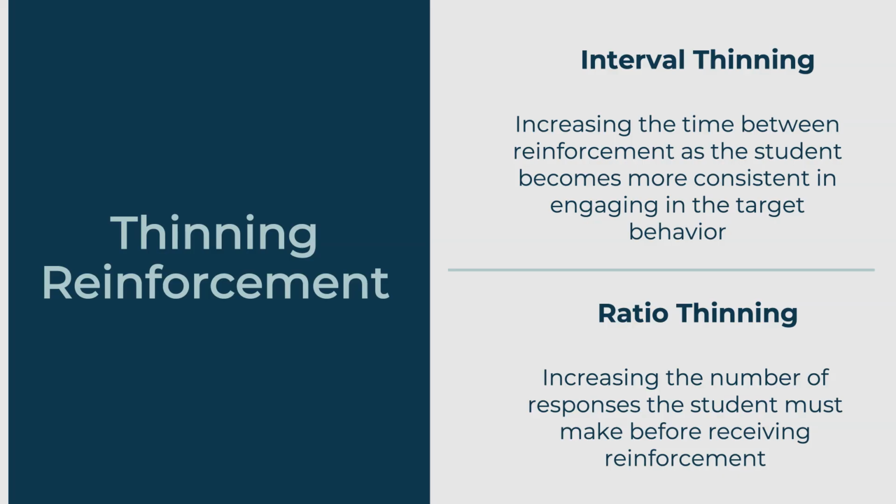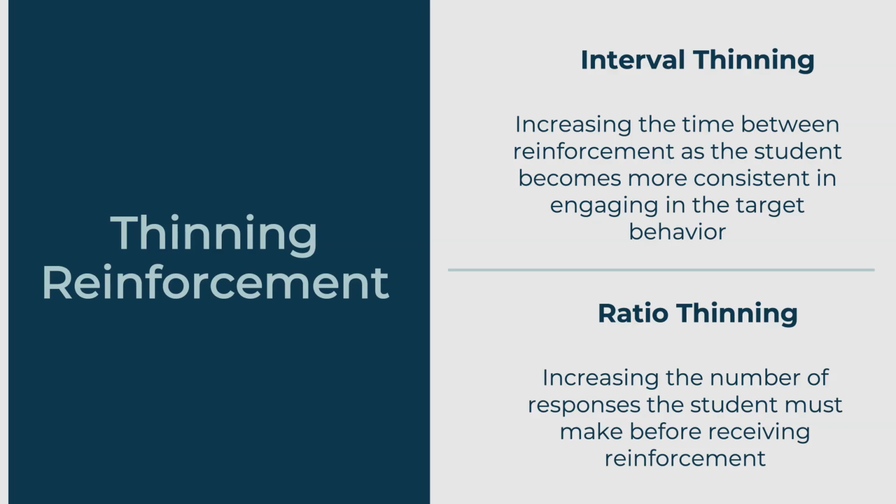Interval thinning involves increasing the time between reinforcement as the student becomes more consistent in engaging in the target behavior. This process helps ensure that the student can maintain the behavior over longer periods without needing immediate reinforcement after each instance. The time interval between reinforcements is gradually lengthened to encourage sustained behavior. For example, if a student is being reinforced every 5 minutes for staying on task, interval fading would involve increasing that time gradually to 10 minutes, then 15 minutes, and so on, until the student can independently maintain the behavior